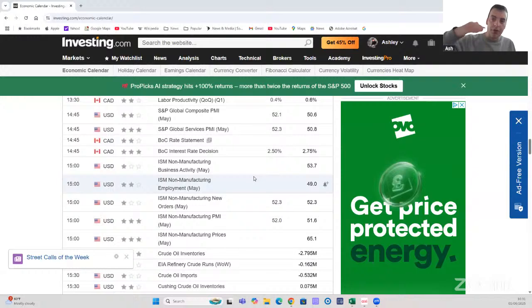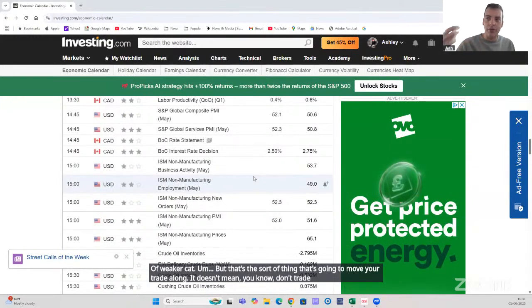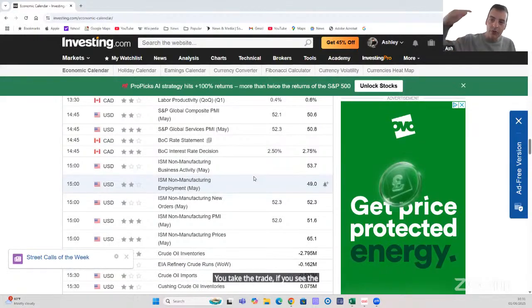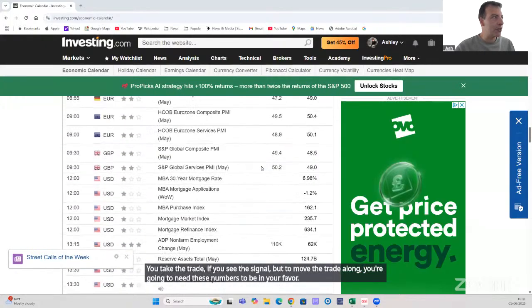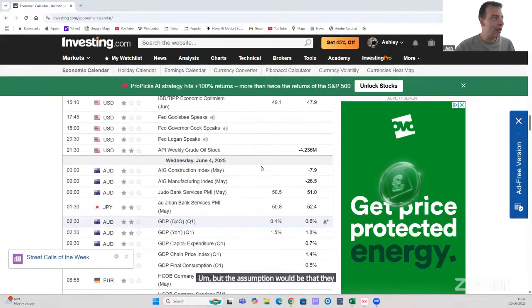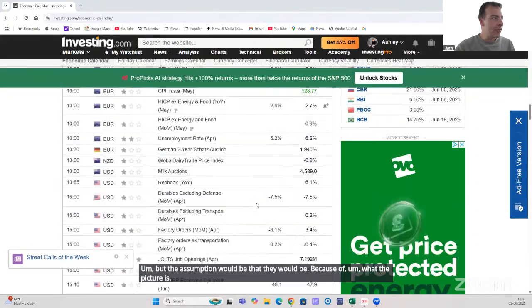But that's the sort of thing that's going to move your trade along. It doesn't mean don't trade before big numbers or anything like that. You take the trade if you see the signal, but to move the trade along, you're going to need these numbers to be in your favor. But the assumption would be that they would be because of what the picture is. So anyway, firstly,